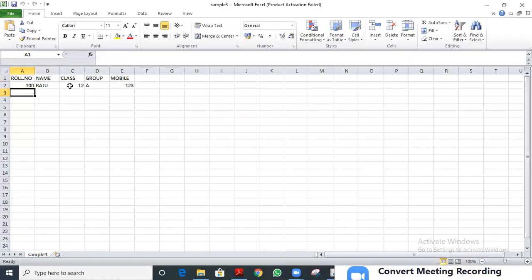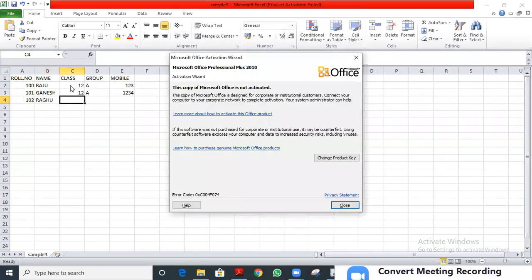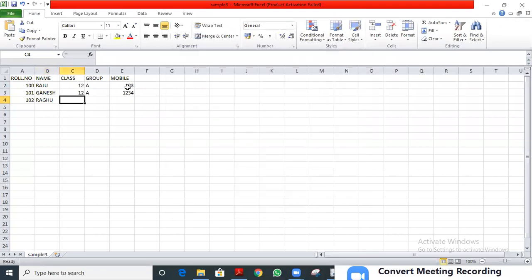Here I am writing the number 101, and I'm giving Ganesh, class 12 A group, and the phone number 1 2 3 4. And 102 we have given Raghu, 11th, for example, 11th B, and here we are giving another phone number.